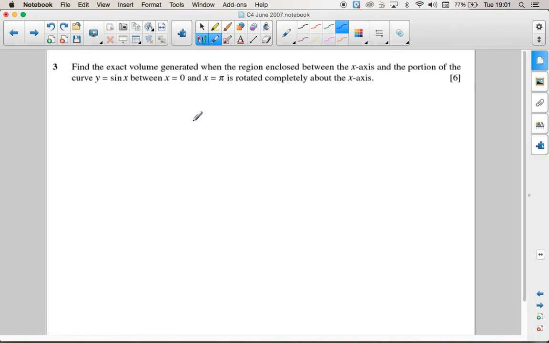The question asks us to find a volume. To find a volume of revolution, the formula is pi times the integral of the square of the function if we're rotating around the x-axis, which we are in this case. We're rotating between 0 and pi